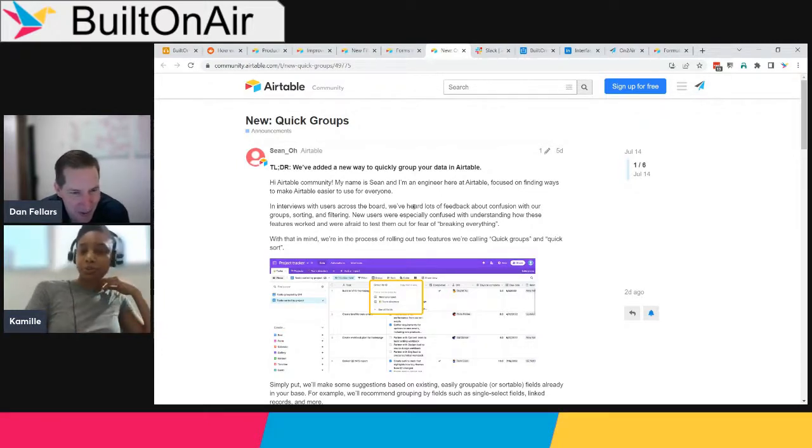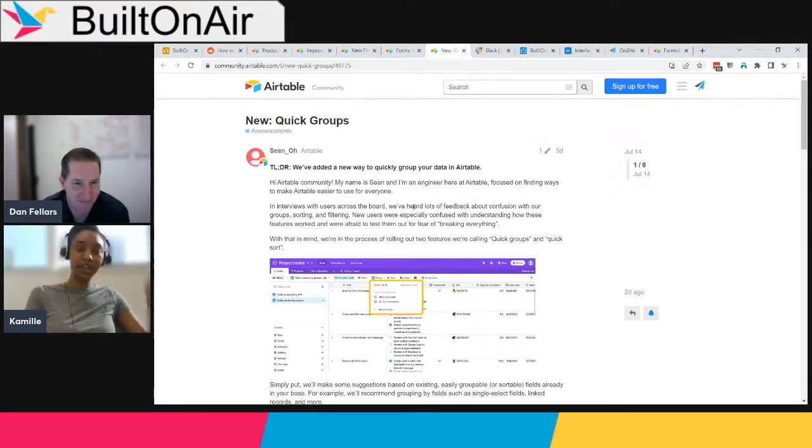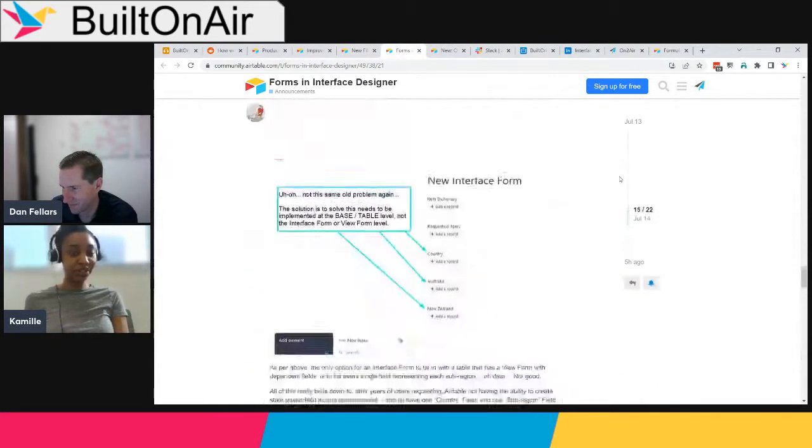So also to point out, all of the announcement posts we've gone through so far, I'm pretty sure, were posted by different people who work at Airtable, which is not how it used to be. It used to be like three different people who would do it. One was always anything that had to do with advancements in the custom blocks SDK. That would always come from one person on their developer side. And then normal announcements would come from someone else at Airtable. And now that Jordan's joined the team, a lot of the announcements have been posted by Jordan. But last week, I think all of the announcements were done by people who worked on that particular feature, which is, I don't know, a fun